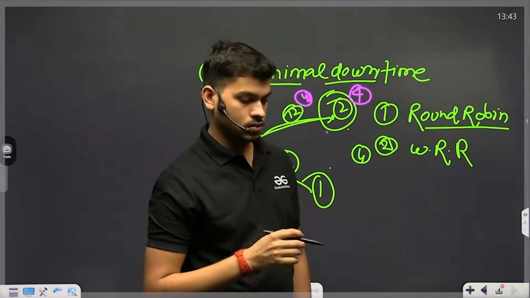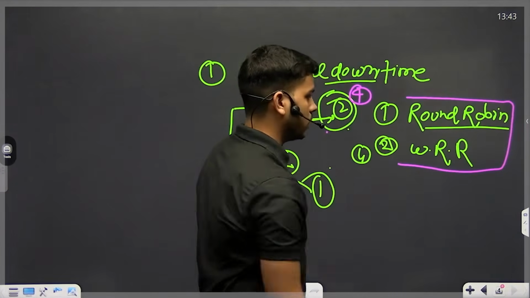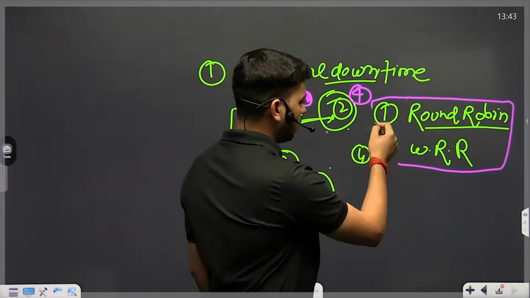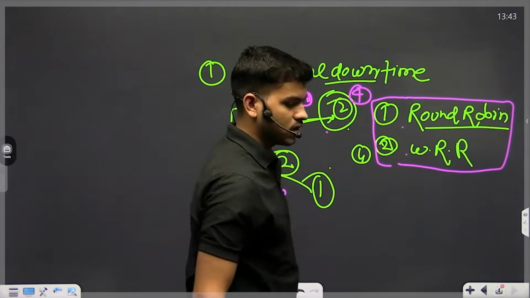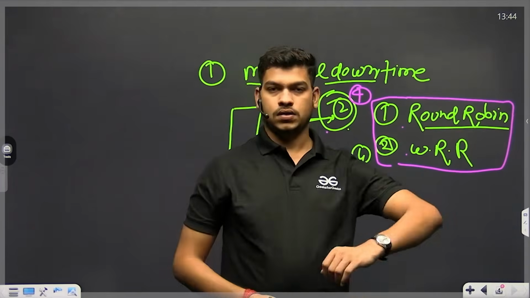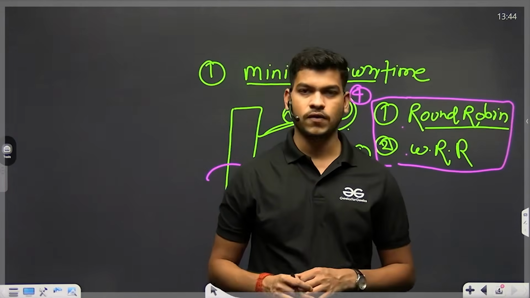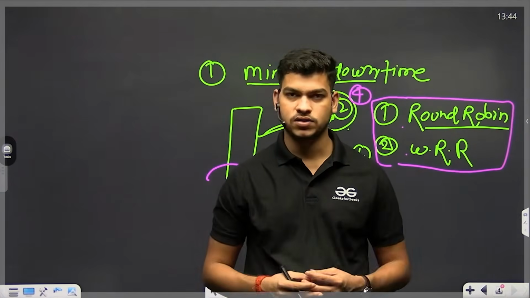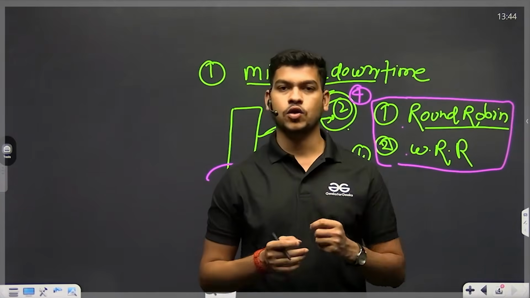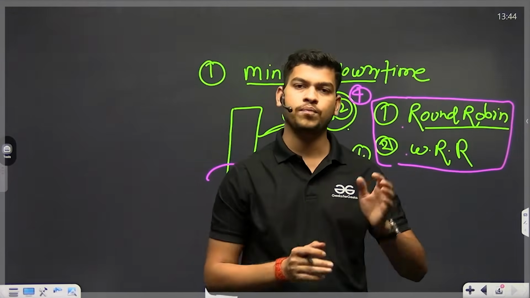These are a few of the algorithms that we use. There are many more, like priority-based algorithms. There are multiple algorithms to implement this. The famous ones are round robin and weighted round robin to implement a load balancer. And why do we study this in web development? Because whenever you build an application, you want to scale it after some time. When you want to scale it, you will require backup servers. When you require backup servers, there is the question of how you balance the load.